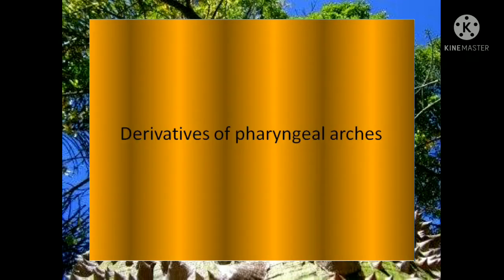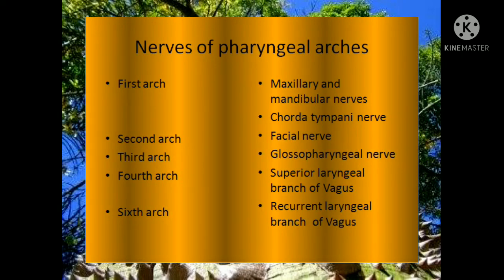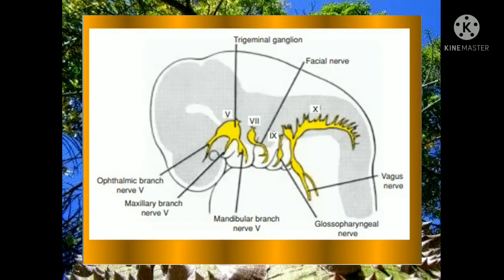Next, we are going to learn about the derivatives of pharyngeal arches. First, the nerves of pharyngeal arches. The first arch gives rise to the maxillary and the mandibular nerve, and also the chorda tympani nerve. The second arch gives the facial nerve, and the third arch gives the glossopharyngeal nerve. The fourth arch gives the superior laryngeal, a branch of the vagus nerve, and the sixth arch gives the recurrent laryngeal